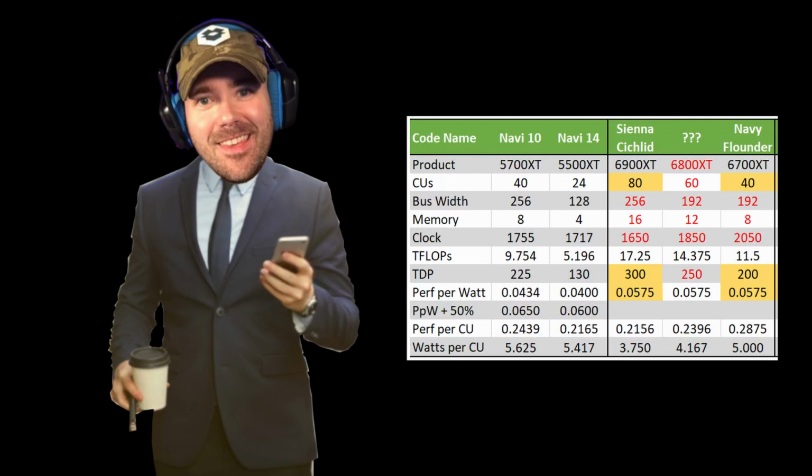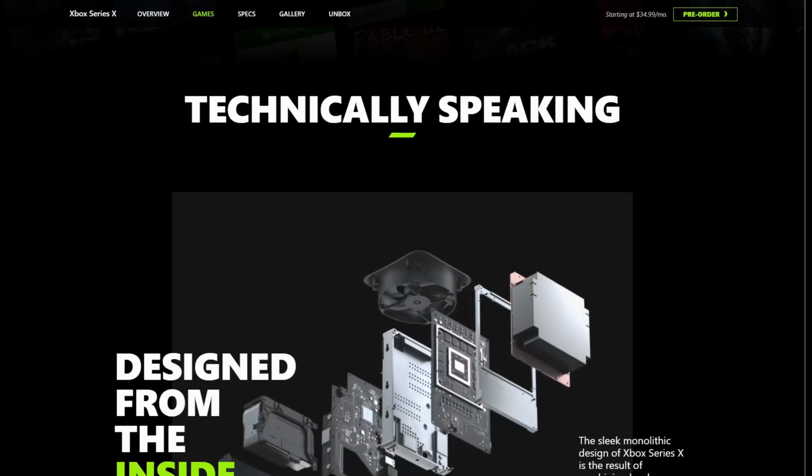I also figured a performance per CU and watts per CU value because it's going to help keep our heads on a straight level when we're going forward. Now, you might be saying to yourself, Turk, you are full of it, how can you possibly come up with this stuff? And to that, I say we already have some RDNA2 cards on the market, and that's the next generation